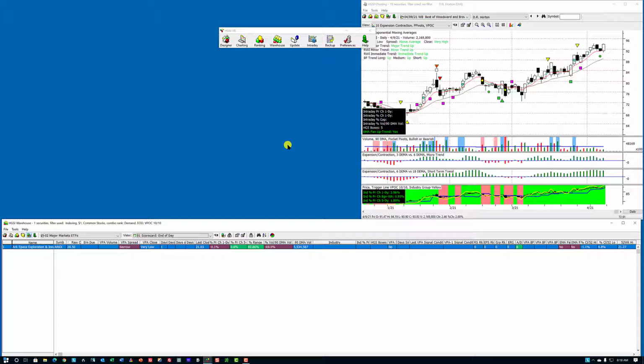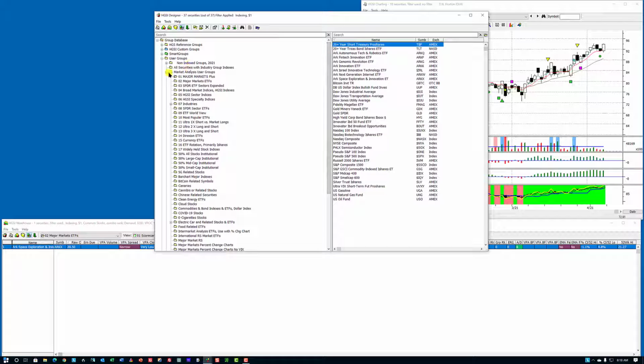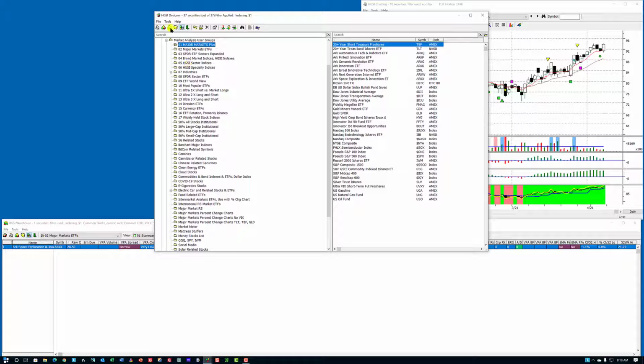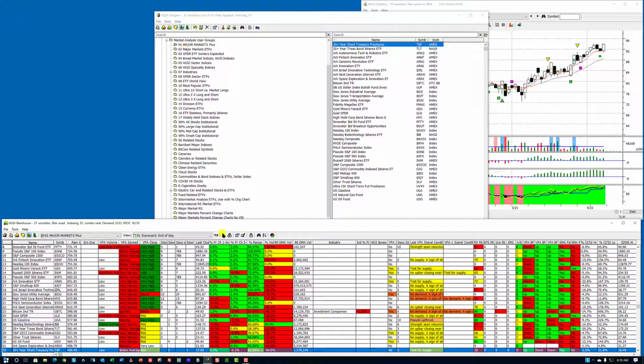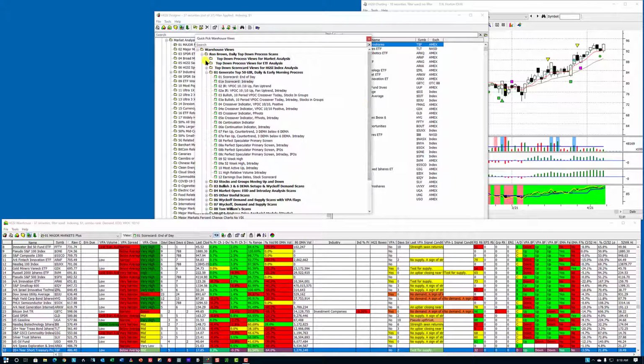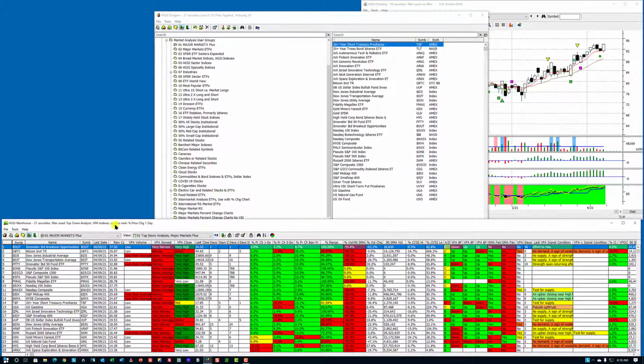What I want to do is show you some of the things that I can do with this program, and users in the Insider Club who have my files can also do this. What I'm going to do is go into the designer. I have this folder called Market Analysis User Groups. I'm going to click on the Major Markets Plus folder, go to the Warehouse view, and then go up to my top-down process view for market analysis, click on that, and what this gives me is a view